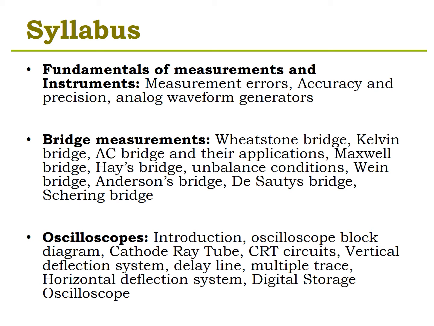So any electronic lab where we are dealing with circuits and their measurement would be definitely incomplete without a cathode ray oscilloscope. So we'll see in detail the construction of this CRO, what are the different basic building blocks and how is each and every block of an oscilloscope functioning in order to give us the waveform that we are actually looking at on the screen. So that is all in the third chapter, and then we would move forward from analog to digital storage oscilloscope.